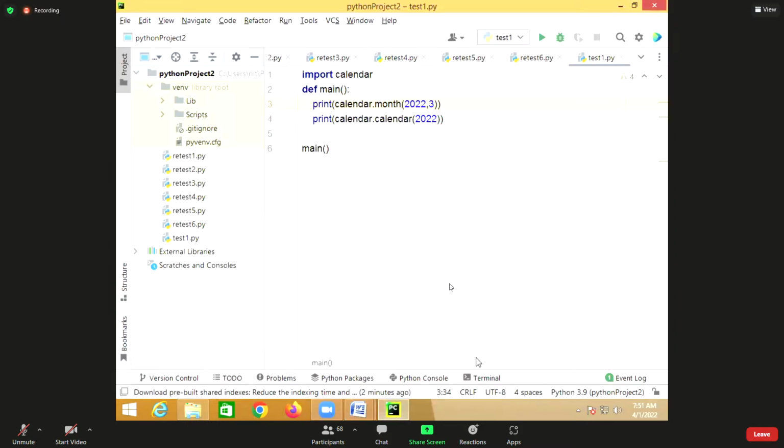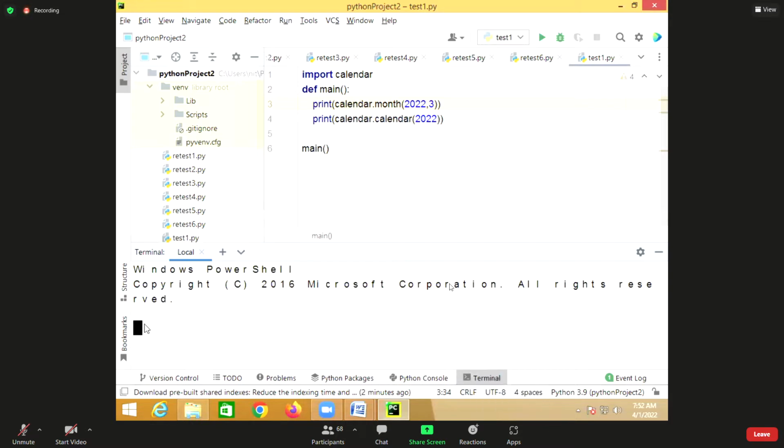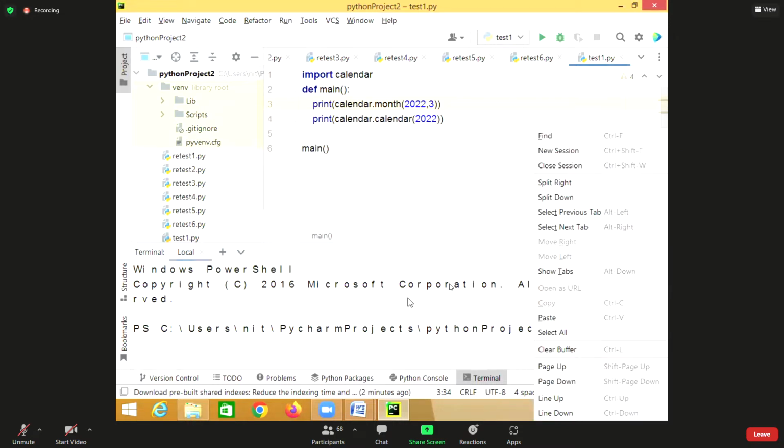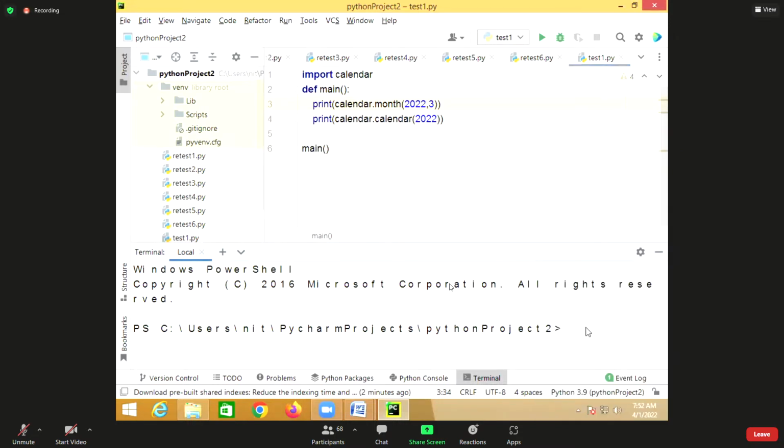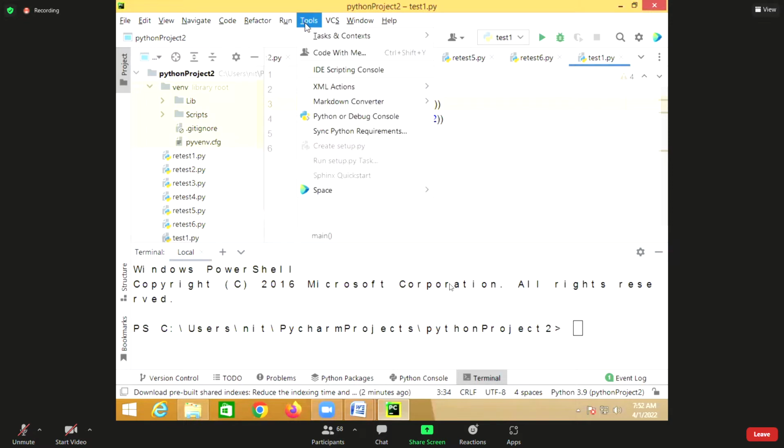Now here, if you want to work in interactive mode, you can just open the terminal here and start working in interactive mode.